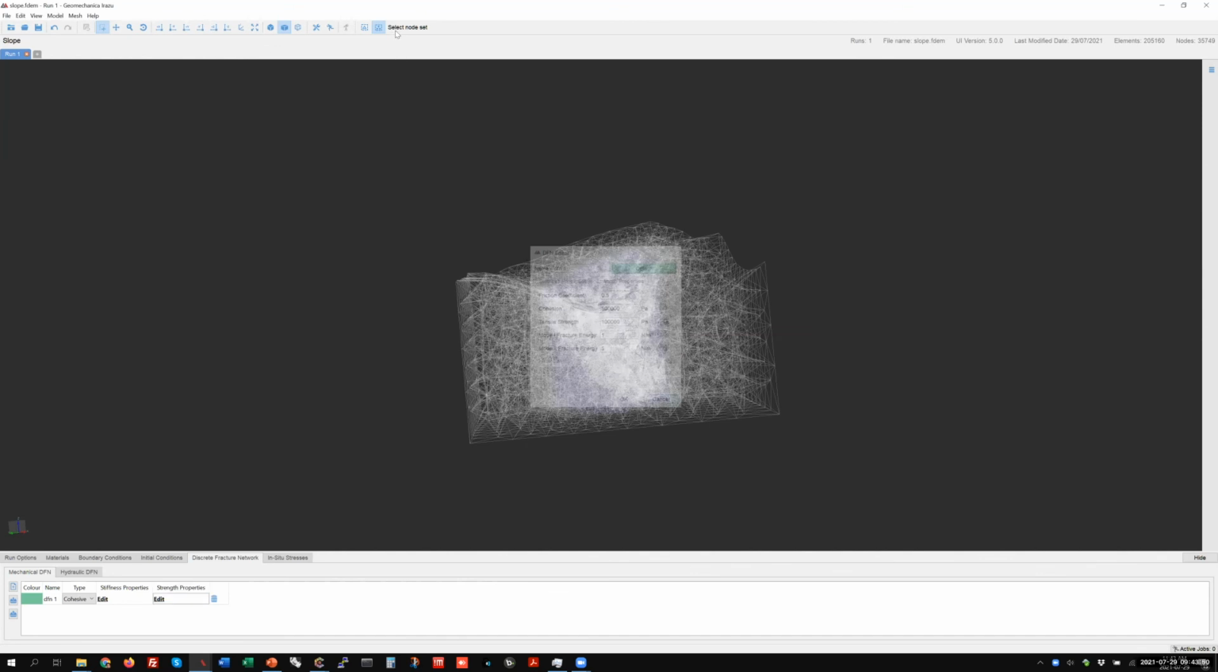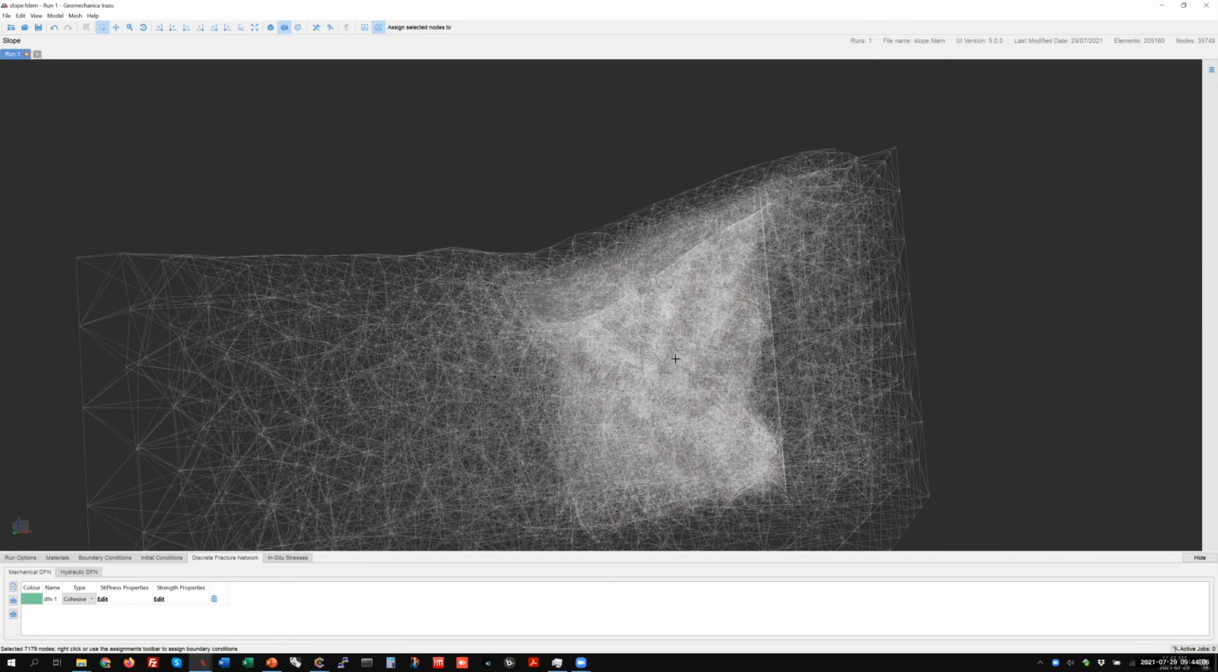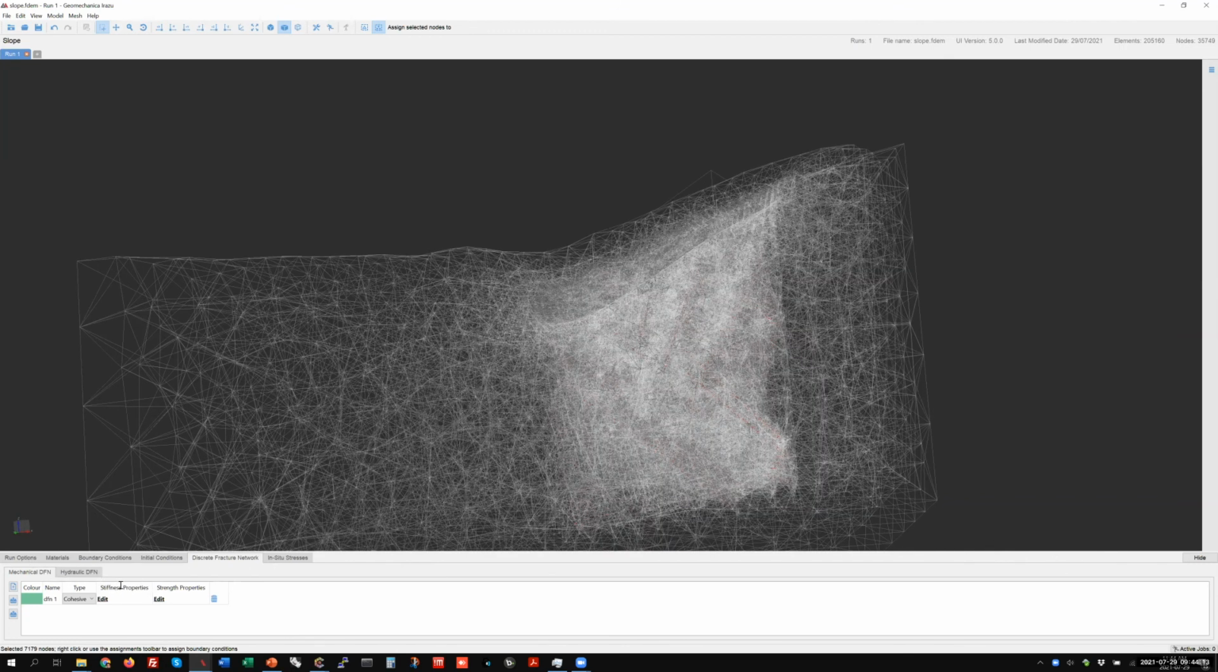So if you wanted to assign all of the faults into a single DFN, you select all of them. And if you notice, they are all selected inside. So you right click and apply it to the DFN. So they're all applied like this inside. That makes it easier. And then you can apply in situ stresses,